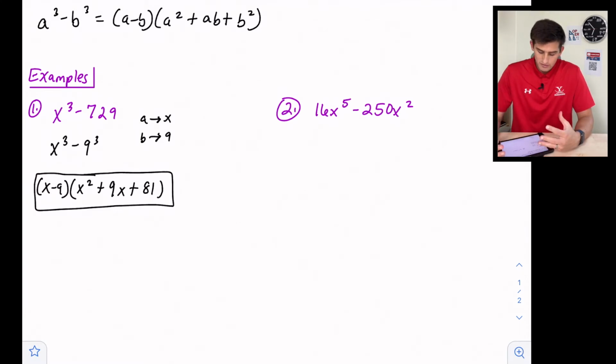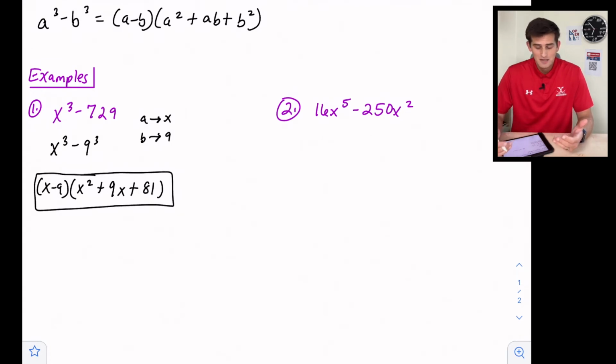Now, for example number 2, we have to factor out a common monomial to set us up for the difference of two cubes. So we start off with 16x to the 5th minus 250x squared. And what we can think about is 16 is not a perfect cube and 250 is not a perfect cube, but can we factor out a number to make both 16 and 250 a perfect cube? Hopefully you're thinking about, let's factor out a 2, because then 16 becomes 8, perfect cube, and 250 becomes 125,